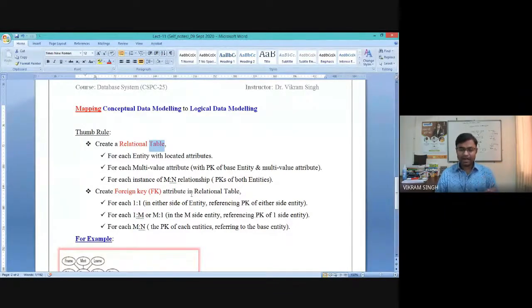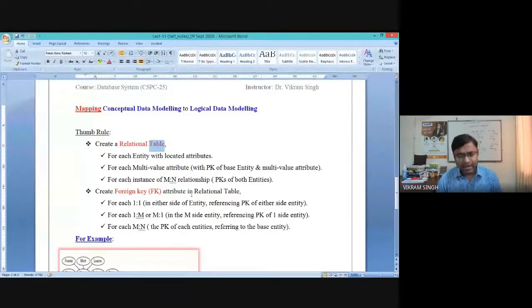But if we place the one side entity's primary key in the m side entity, right? So if we have an m:1 or 1:m relationship, we need to take the primary key of the one side entity and use this attribute in the m side entity as a foreign key, right?